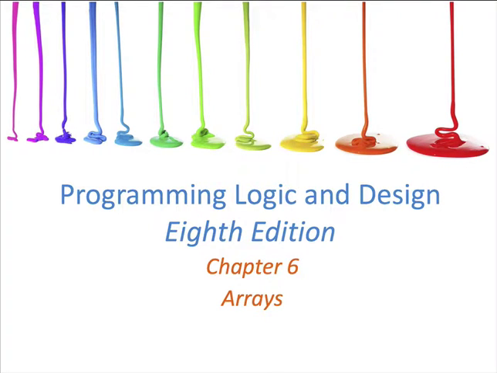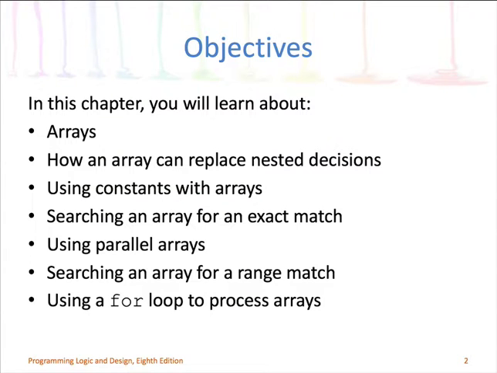This is the lecture over Chapter 6 of your textbook. It covers arrays. In this chapter, we'll talk about what an array is, how you can use arrays to make decisions or to replace nested decisions, talking about using constants, which I don't think we've done a lot of, and how you might do that with arrays, searching an array for contents, using a concept referred to as parallel arrays,